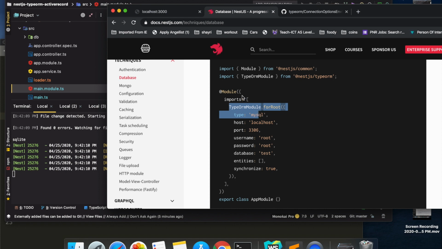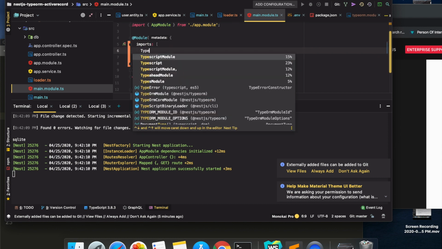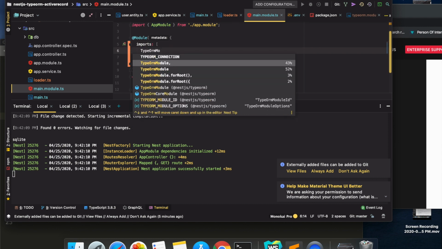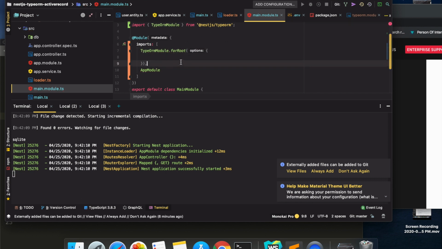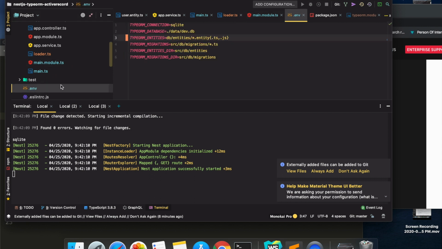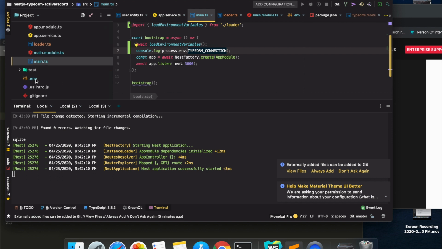We can use TypeORM module.forRoot and we can give the settings here, but we want our settings to load from the env file. We don't want to copy this and paste it here because we want all our configuration to be configured via the env file.